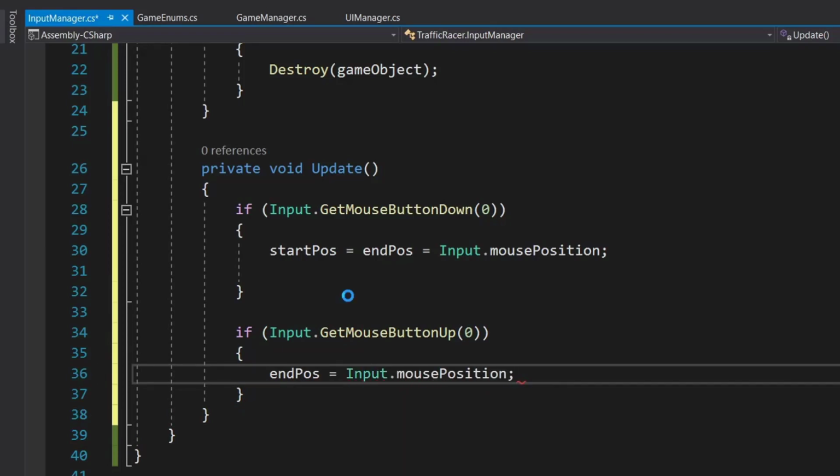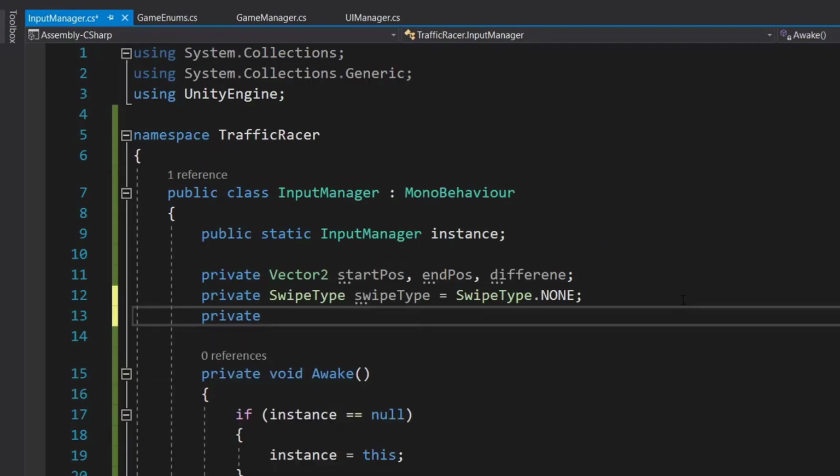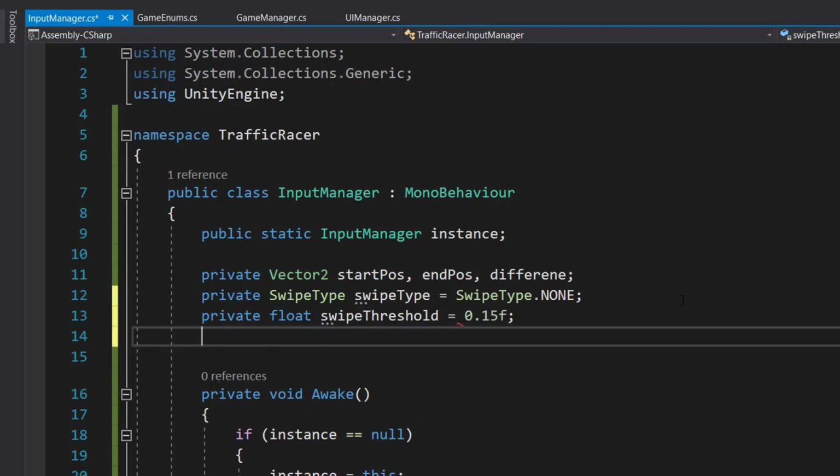So here we want to keep a small threshold just to make sure that any small movement cannot be detected as a swipe. We need a specific minimum distance swipe within a given time span. So for that we will create a few more variables. First will be private float swipeThreshold, which will be equal to 0.15f.